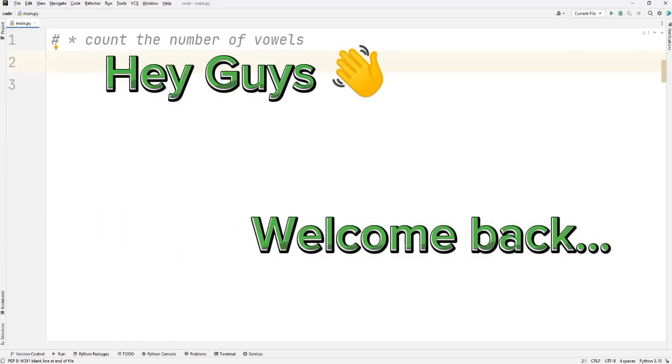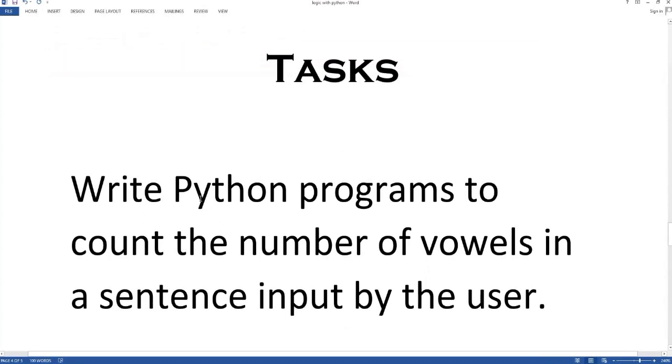In today's video, I'm back with another practice problem, and today we have a task of the day. It is a very simple and very easy task. We have to write a Python program to count the number of vowels in a sentence given by